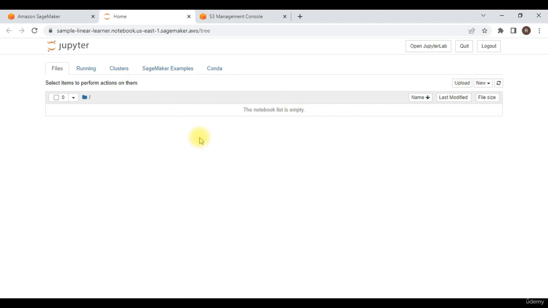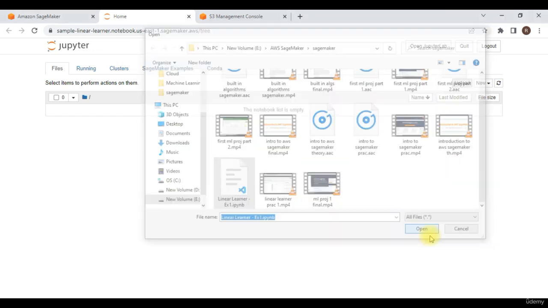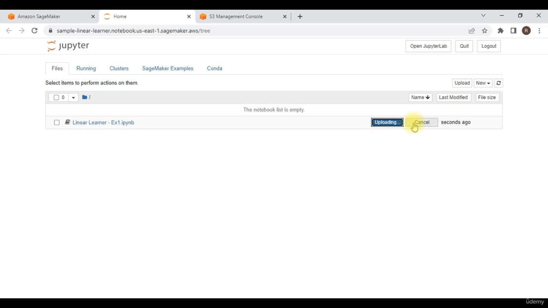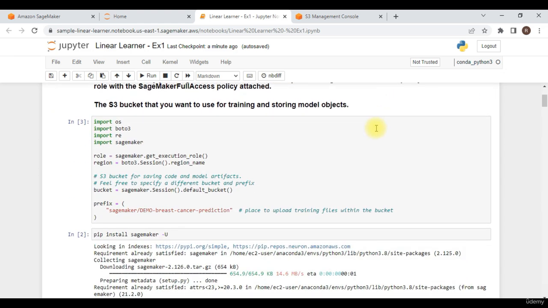As you can see, now our Jupyter notebook is ready. We have to click on this upload, and I'll upload this linear learner example one. This Jupyter notebook, I'll share it in your resources section, and I'll have to click on this upload. This will be uploaded over here, and we'll open this notebook in a new tab. As you can see, now the Jupyter notebook is completely loaded, and we can now discuss the problem statement and